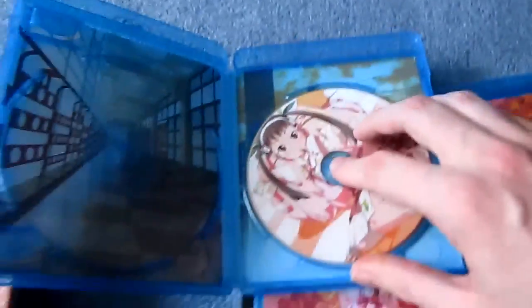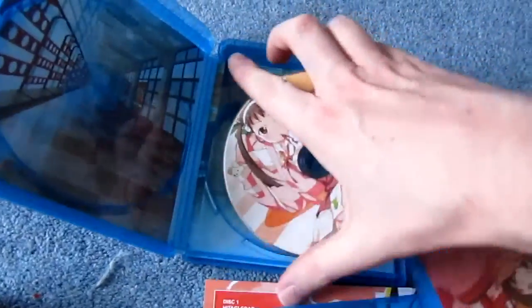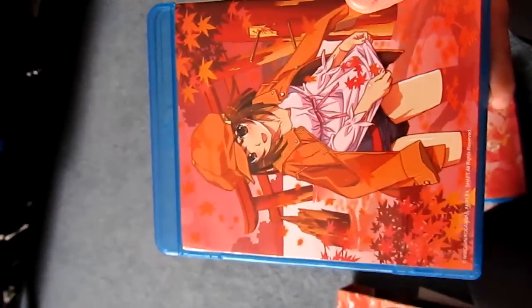So yeah, you kind of get the point. It's all the characters talking in character and doing things in character, and it's awesome. So yeah, it's region free. That's the good news. So yeah, it looks like there maybe aren't reversible sleeves on these discs. It seems like inside we've got interior shots and stuff, which are kind of cool in their own right, but I guess the front and back covers all correlate to the Japanese Blu-ray covers, so you're not really missing out on anything. So Blu-ray 2, you have Nadeko